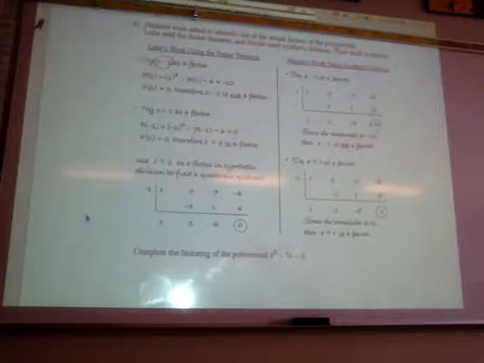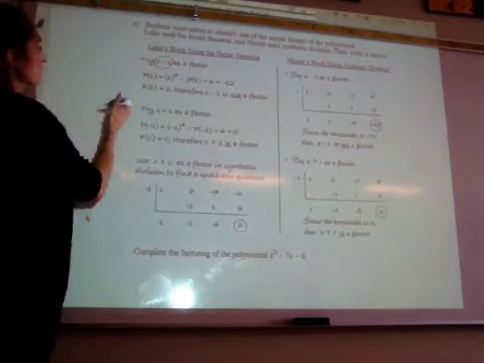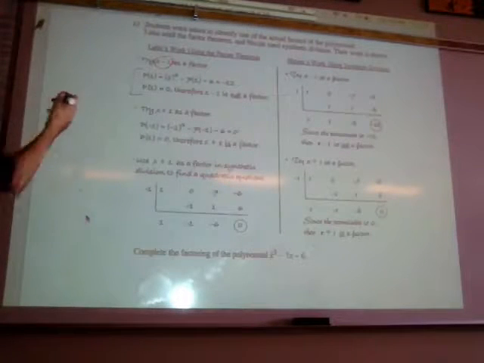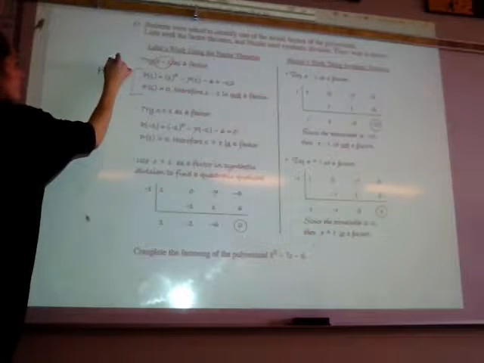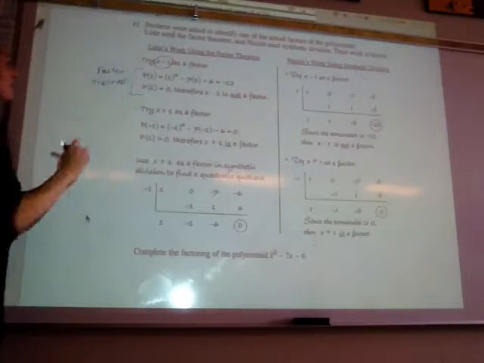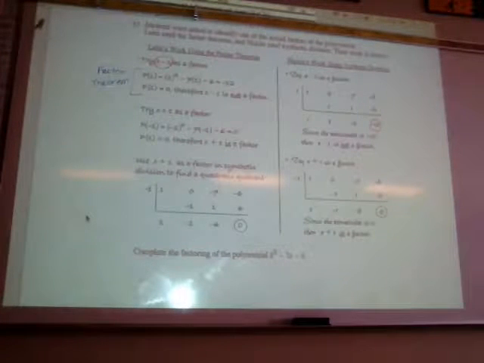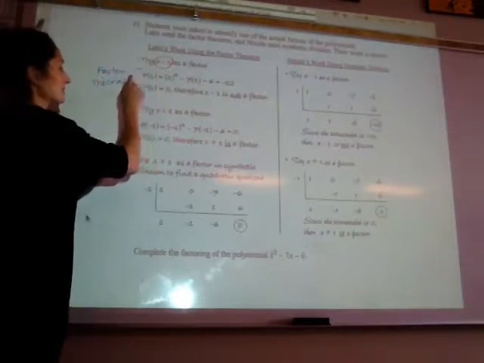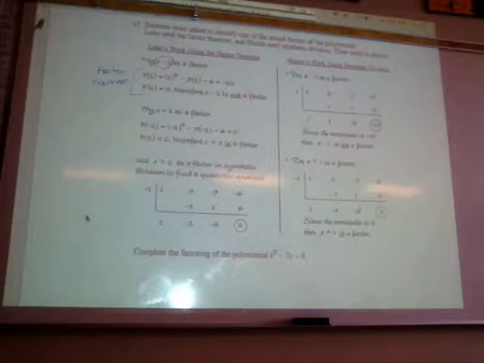He's just trying it. Then he used, what do we call this theorem? Factor theorem or remainder theorem. If it equals 0, we're using the factor theorem. So he subbed in the value of 1 into the polynomial, and when he evaluated, dang, it didn't work. So x minus 1 is not a factor. So then he tried